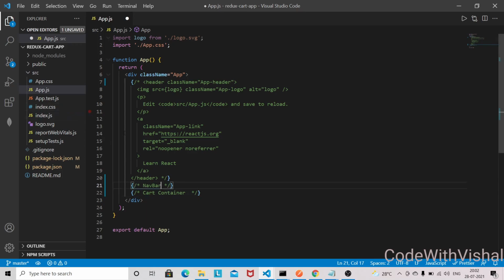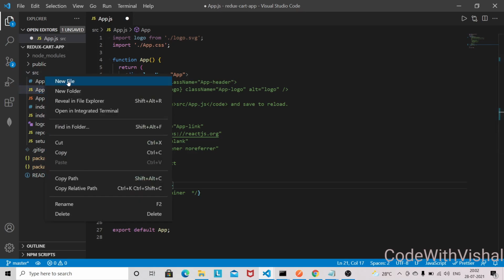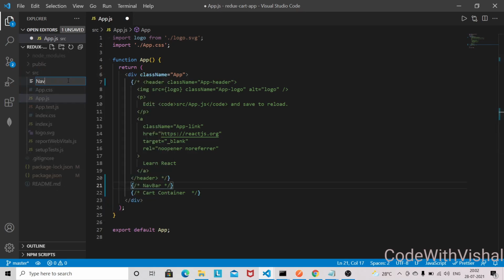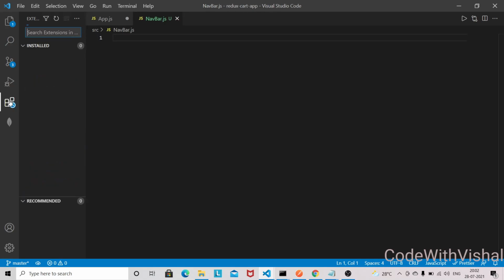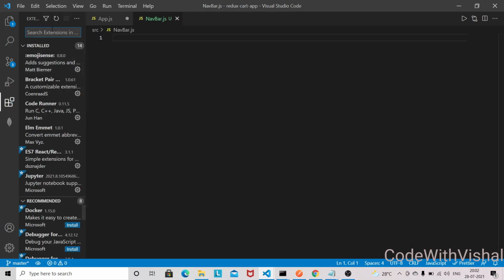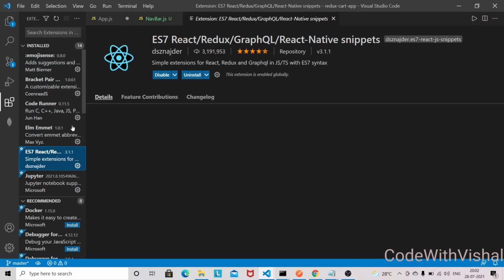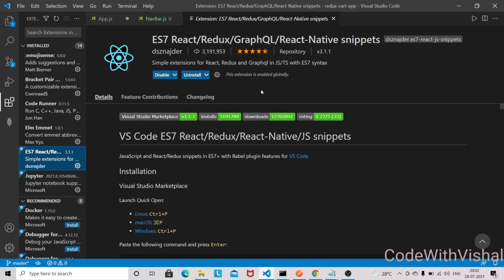So let's start working on this navbar first. So I will create here navbar.js, and I'm using an extension here. So this extension I'm using to generate the snippet, and one more extension I'm using to format the code as well.